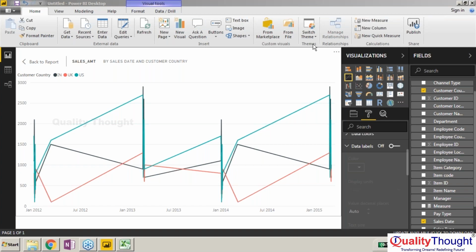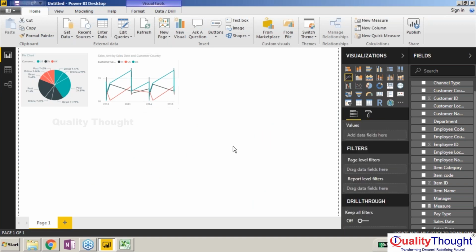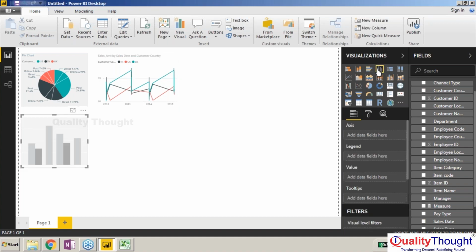See here, let me just go back. So this is my report, one of the reports. So I'm just minimizing this one to fit here, somewhere here. So this is good. I have got one line chart. So now let me just have one bar chart. This bar chart should show something related to. So I'm just selecting this one, and this bar chart has to show me